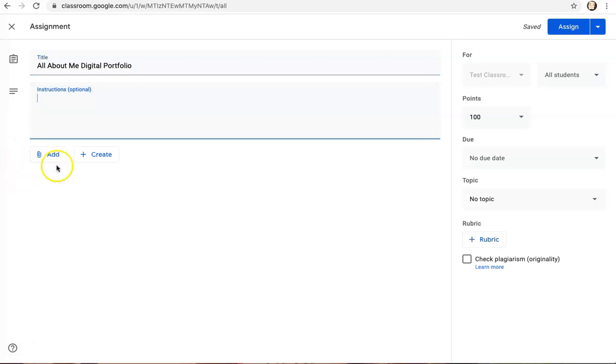I could type in my instructions if I'm ready to. These are all my options at the side. So due date, if I'm putting it under topic, and I could choose the classroom and my students. I'm going to assign it to all students, and I will click